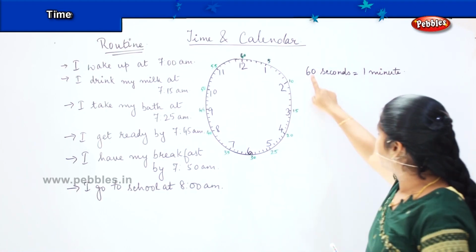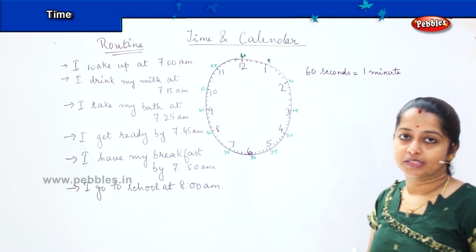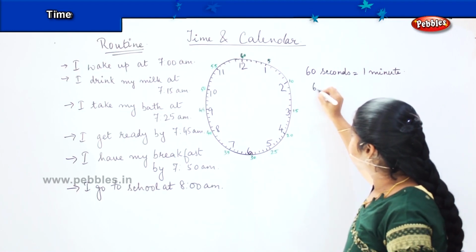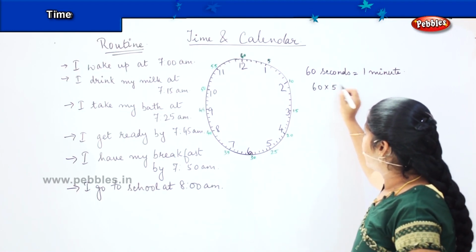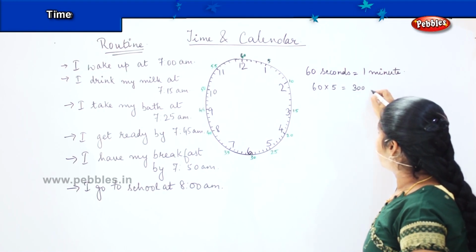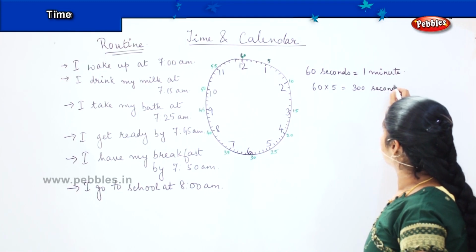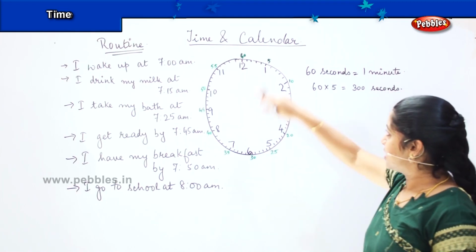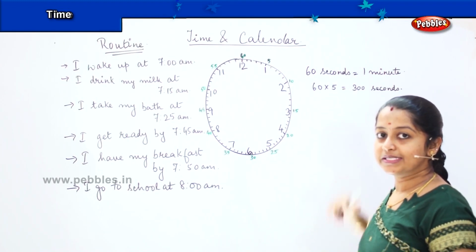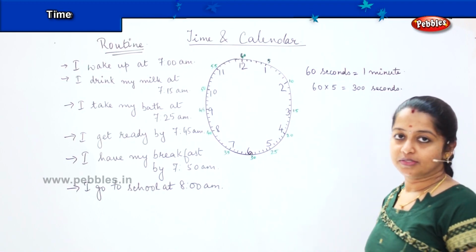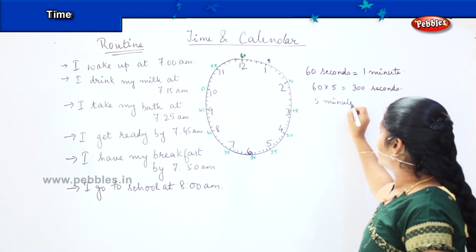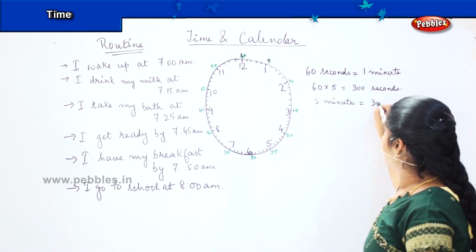So as we said that 1 minute has 60 seconds. So which means it has to go 5 times. The 60 seconds has to go 5 times to make it as 5 minutes, which is nothing but 300 seconds. Okay, it's moving 5 times, right? So you have to calculate 60 plus 60 plus 60 plus 60 plus 60. It becomes 5 times. So your 5 minutes is equal to 300 seconds.